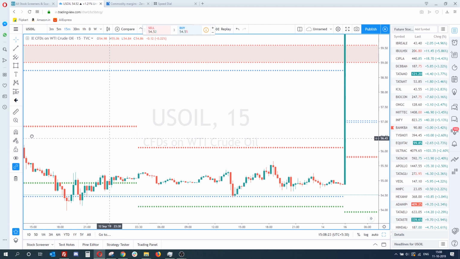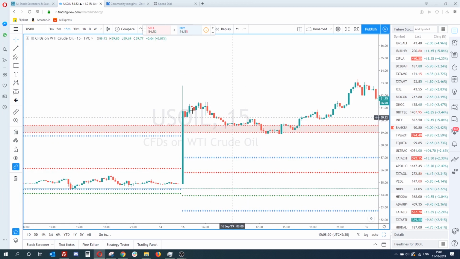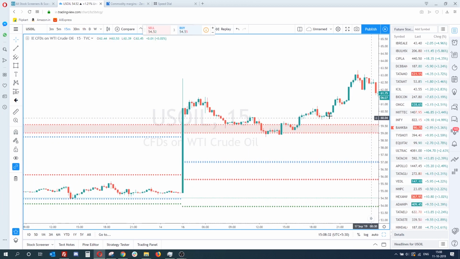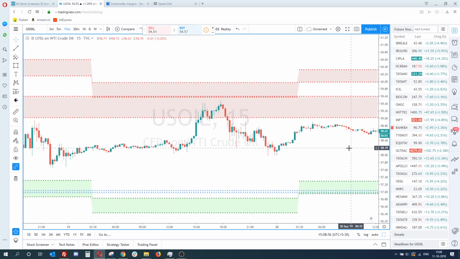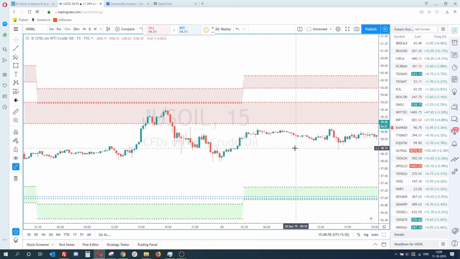And these zones work very well, as I said. This is after the Saudi attack in the recent past. What happened is, it just went up, took support at our monthly zone and then again went up. This is how powerful it is. You see, there is always a rejection from our zones. This is again 50 or 60 points, guys. It may look small, but in crude oil it's very huge. Even a huge green candle is around 15 to 20 points.